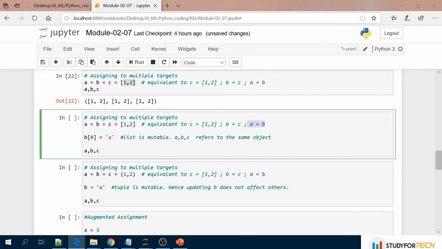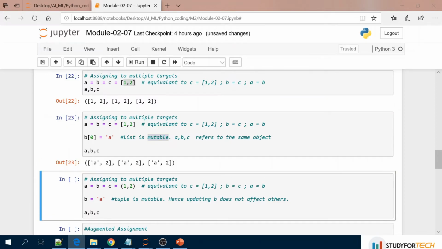Now what I am doing is just changing B0 to A, okay? Because a list is mutable, A, B, C refer to the same object. Let's see what is actually happening. Since a list is mutable, we can change the value in place.